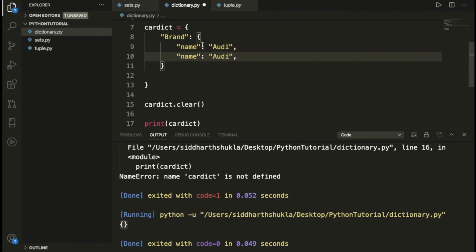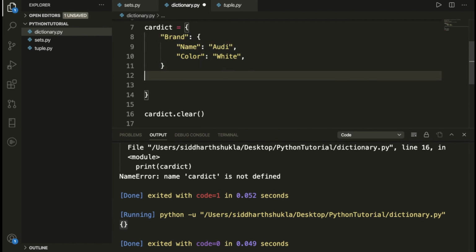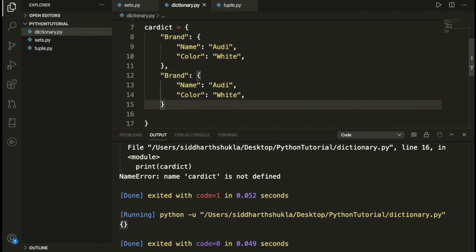And again, if you want to add color, which color Audi you have, suppose we have white color. Then I want to add another one using the bracket again. Second brand we have is Mahindra, and Mahindra also has the white color.